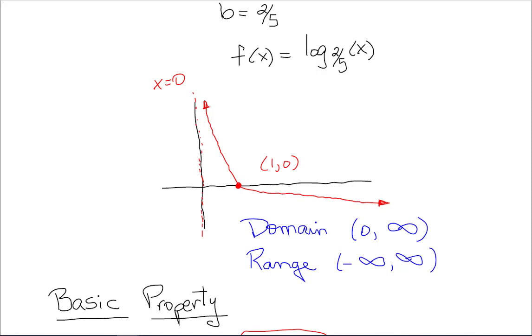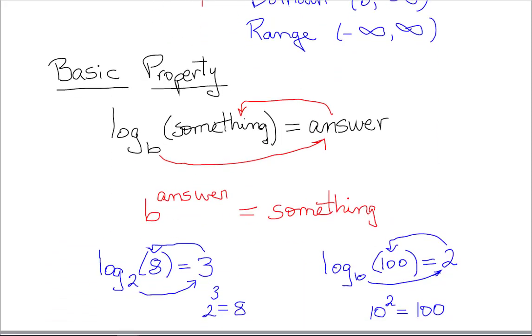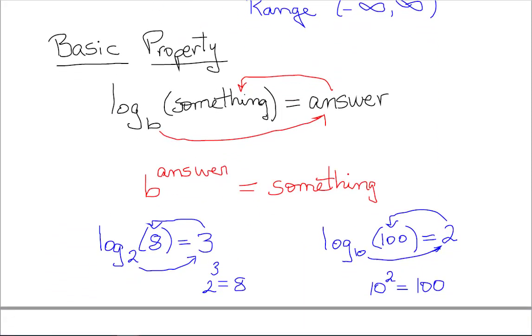Now the most basic property for logarithms, and it's the thing that actually makes logarithms work, is you have log b of something is an answer. Well, there's an important relationship between those three items, and that is if you take the base b, raise it to the answer as an exponent, so b to the exponent of the answer, that has to equal the thing